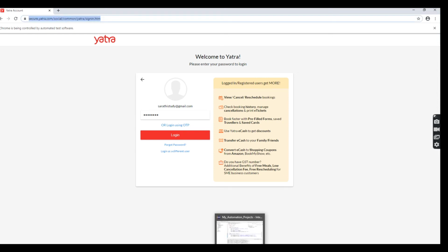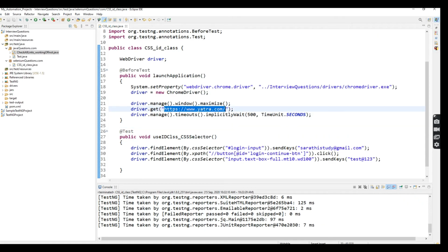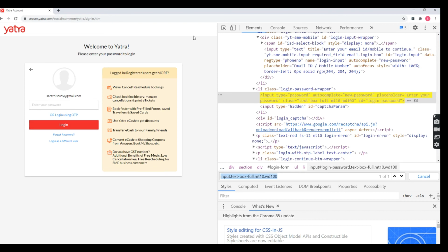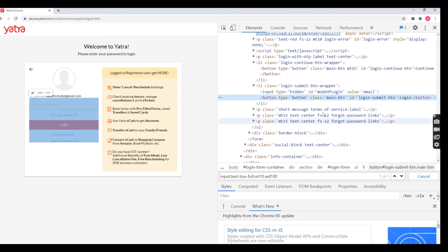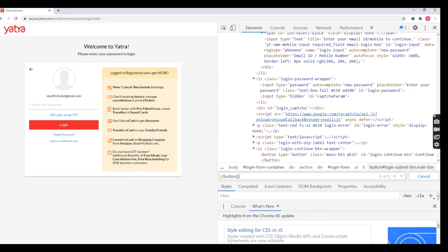So I'm going to take this one, and here I'm going to put login. So take the login button also. Here I'm going to take XPath for the button.